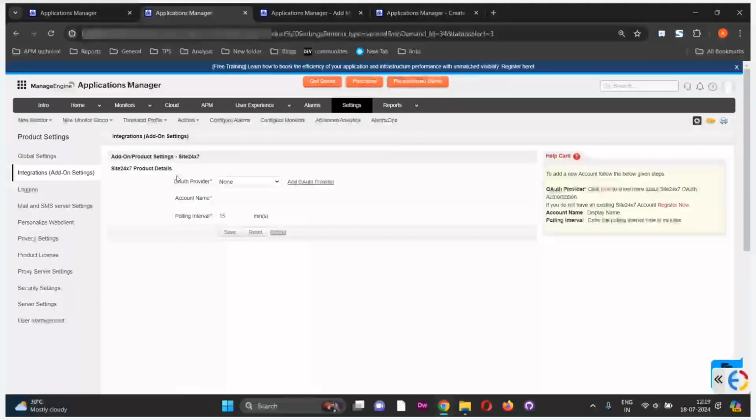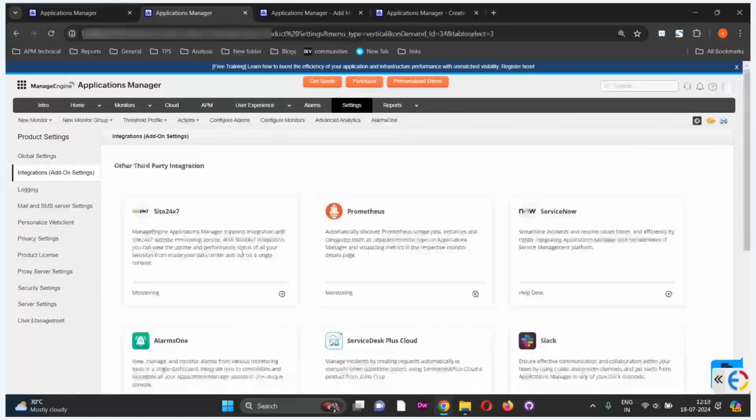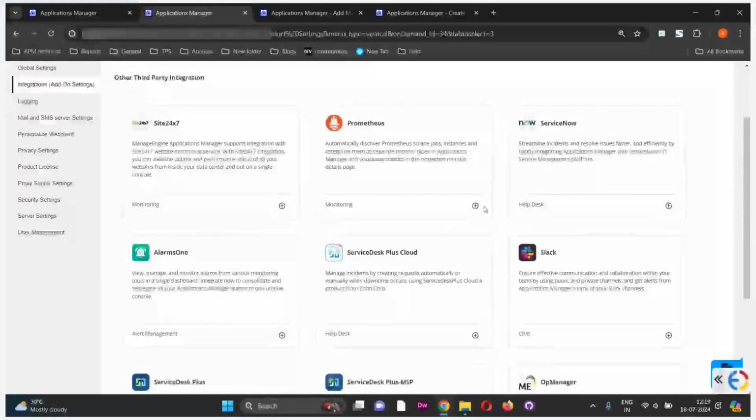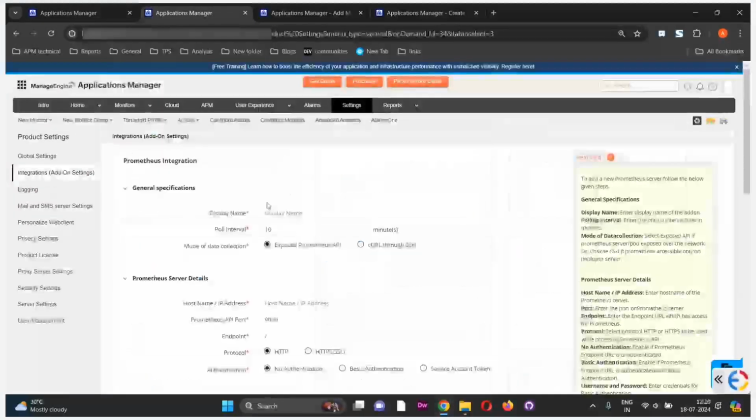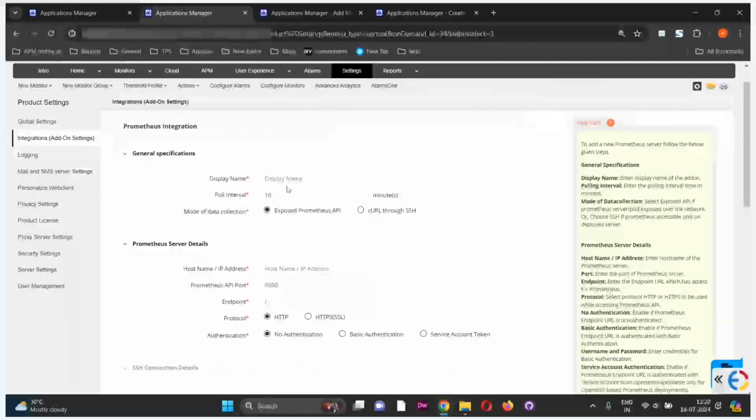Click on the plus symbols to add the integration. For example, for Site 24/7, you can click on plus, and for Prometheus, you need to specify the configuration details